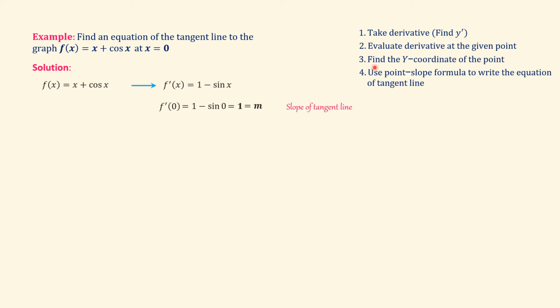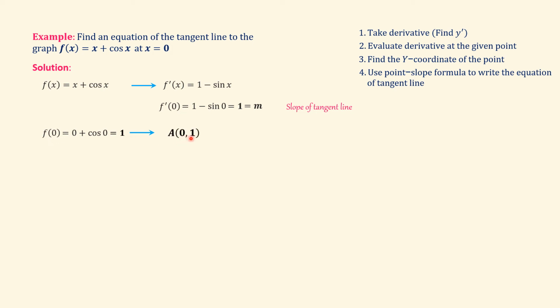The next step is to find the y-coordinate of the given point. We want to find the equation of the tangent line at x equals 0. Because in this question, we don't have the y-coordinate corresponding to this point, we have to plug in 0 for x in the function to find the y value. If we plug in 0 for x in the function, we have 0 plus cosine of 0. Cosine of 0 is 1. 1 plus 0 is 1. So the y-coordinate of the given point is 1. And so the coordinate of the point